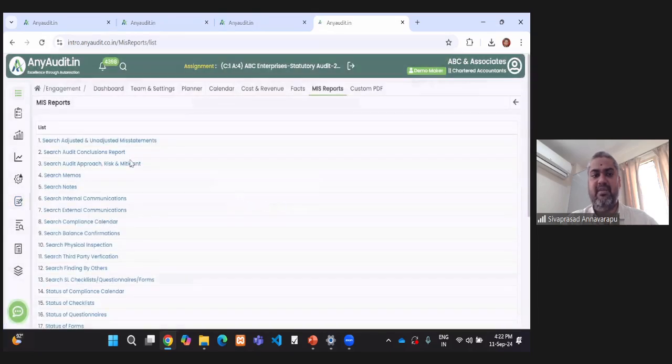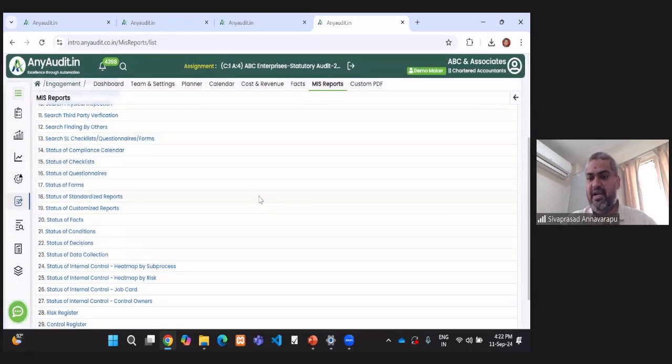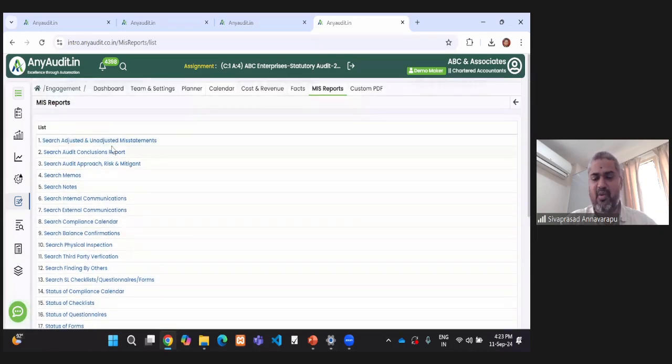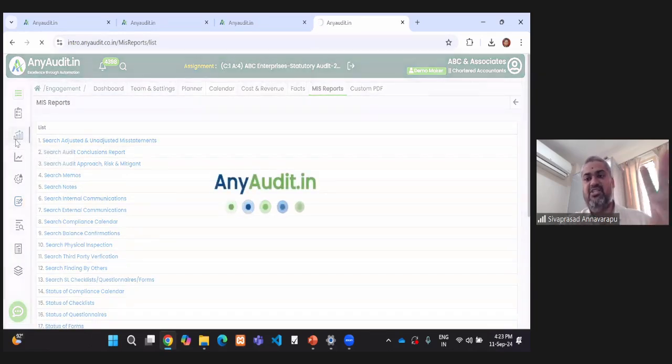Similarly, MIS reports, I can search through audit documentation multiple ways without going into each of the checklists. If I want to run a query on my checklist, like how many questions are answered negatively, how many questions have been answered not the way I have expected to answer, I can simply go to my MIS report and run a query, which will fetch me all of those anomalies or transactions. Now, I have uploaded my financial data.